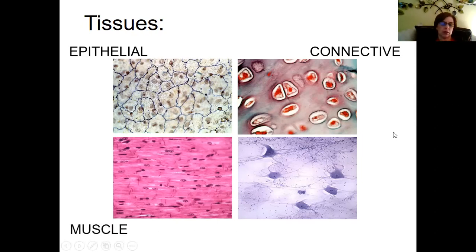We have muscle. In the bottom left here, this is actually cardiac muscle. We have three categories of muscle, and we're going to look at that briefly in this chapter, but we'll do more on muscle later. We actually do 2 chapters over muscle. Finally, the fourth category of tissue is nerve or nervous. Some people write nervous. And what we're looking at here are 1, 2, 3, 4, 5, maybe 6 individual nerve cells,